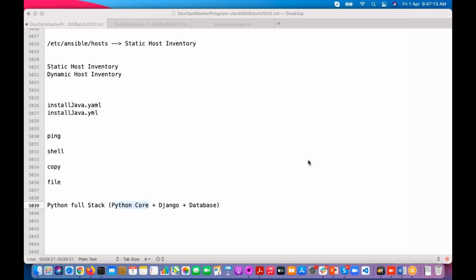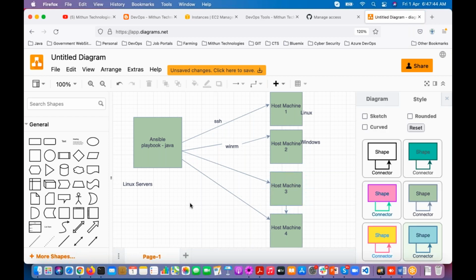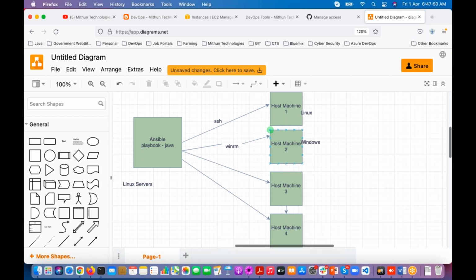Gopal is asking, sir, before these configuration management tools, how were these tasks performed? Manually. See, we were managing hundreds of servers manually, connecting to these servers, installing software, uninstalling software, updating software. Still some guys are doing the same thing, but you can suggest, hey man, learn any one configuration management tool so that it's very easy to manage your host machines.